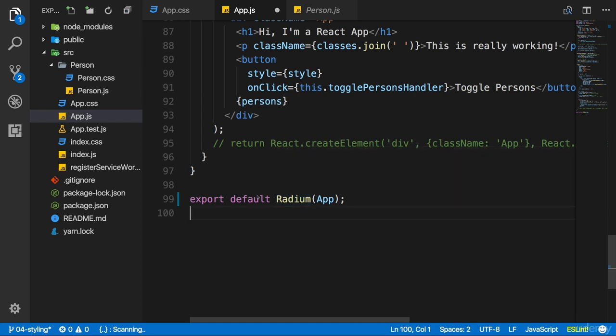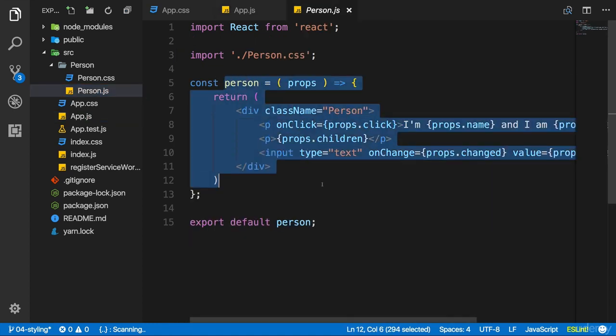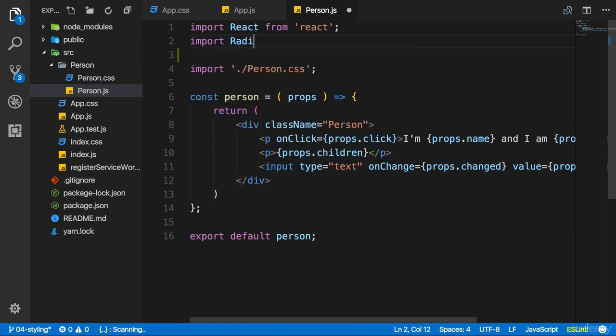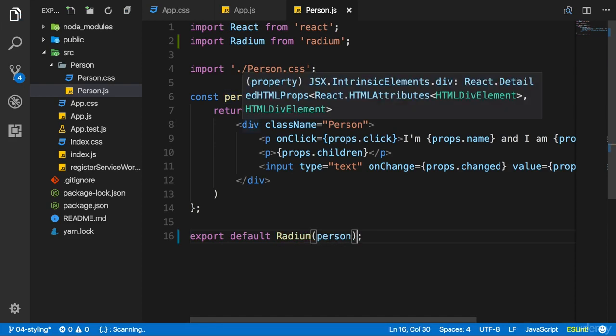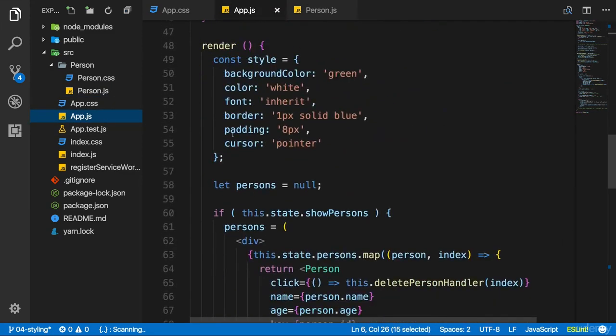You can use this on both components created with class and extends component, as well as functional components. So there, if we add Radium, by importing Radium from Radium, we can also export Radium person here. Both works.